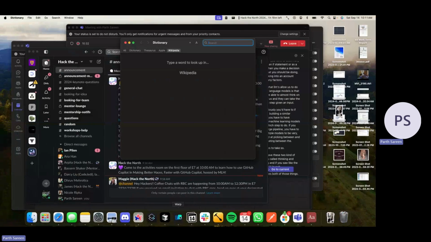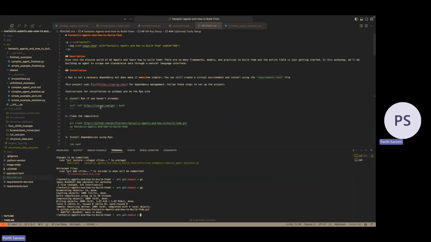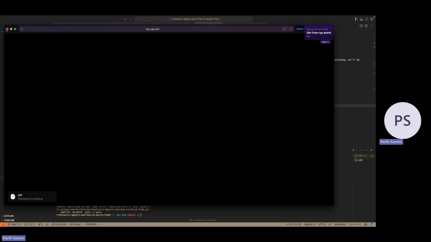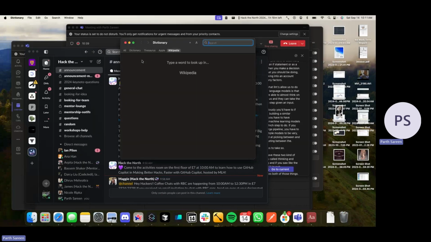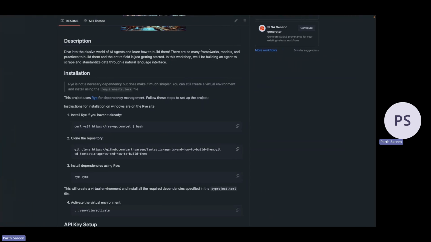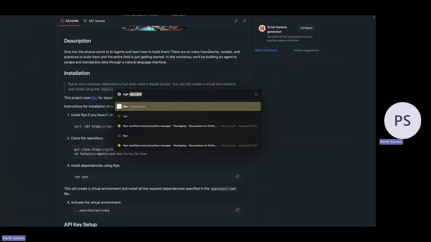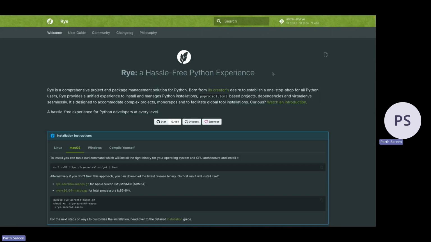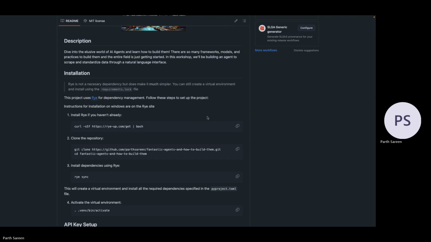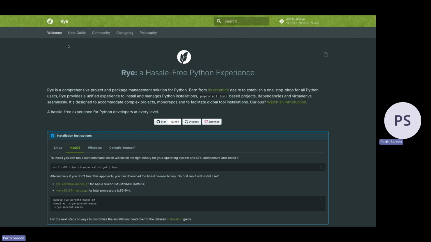The Rye link doesn't work on this curl command. Oh, yeah. I think what you would want to do is just go to rye-up.com. I might have messed up the link. You can download whichever one from here. Linux and Mac OS are the same, so you can just run that curl command that's on the repository. The link works, it's just you need to update the command in your repo.